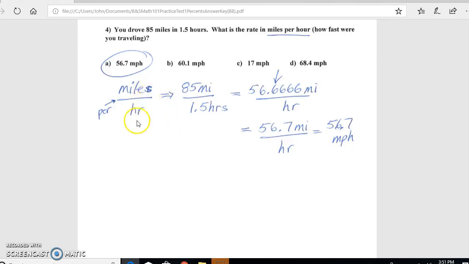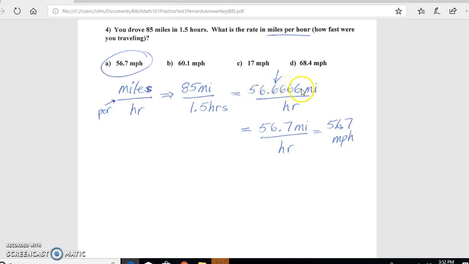Miles per hour means that we're going to set this up as a fraction in which miles is on top and hours is on the bottom. 85 miles, and we pronounce the fraction line as per, 85 miles per 1.5 hours. And we're going to just do the division of the top number divided by the bottom. That's going to give us